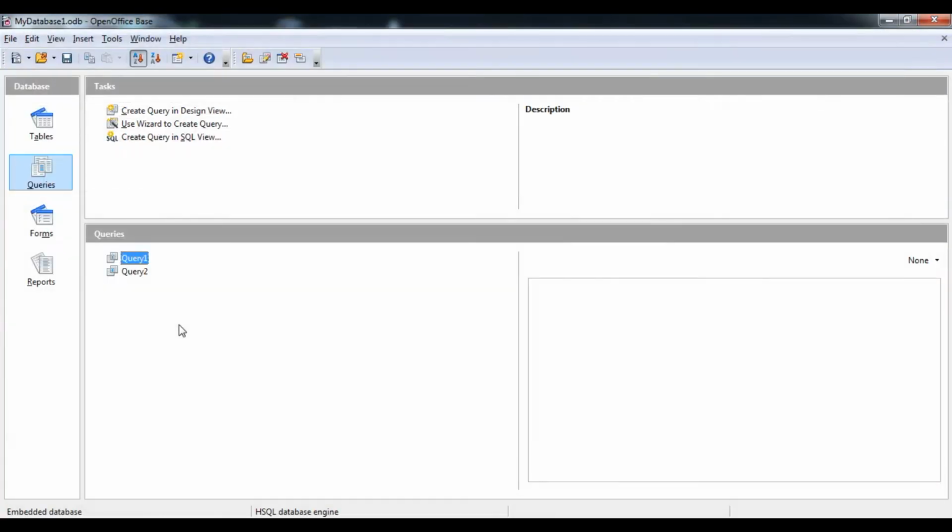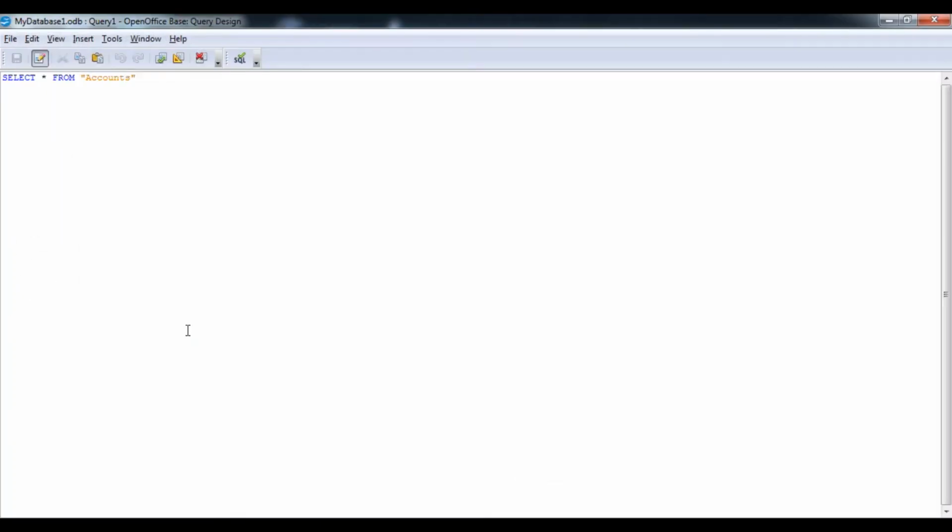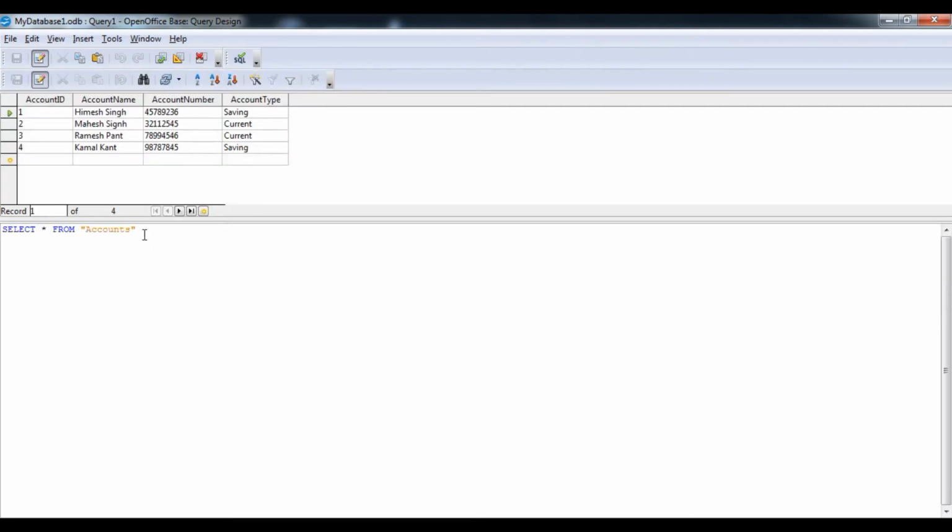Now we will tell you how to edit a particular command under SQL. You can right click on this query and select edit in SQL view. Click on this option, you can see the command, press the F5 button, and you will see the output also. This time you can see double quotes automatically added by the program, the base application, and you don't need to worry about this. You can remove them as you wish.